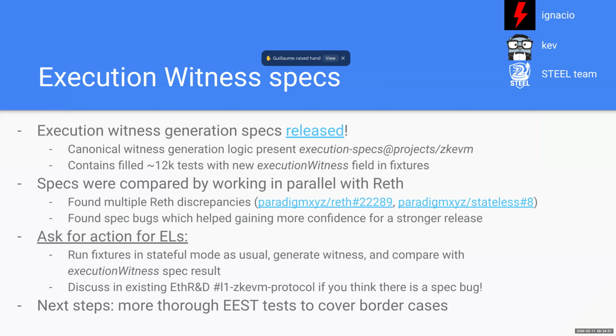Right. So the specs were written from first principles. So the specs aren't really based on any EL at all. The reason why I chose Reth is because I already knew it has many bugs from my perspective regarding what I think is the correct way of generating the execution witness. So I already knew that Reth and the specs that I wrote should disagree in multiple cases. So that's mainly the reason why I chose Reth, not really because of anything else.